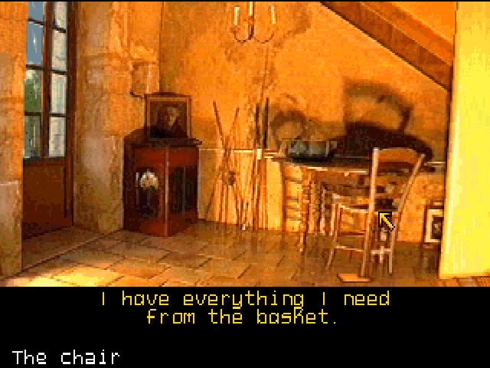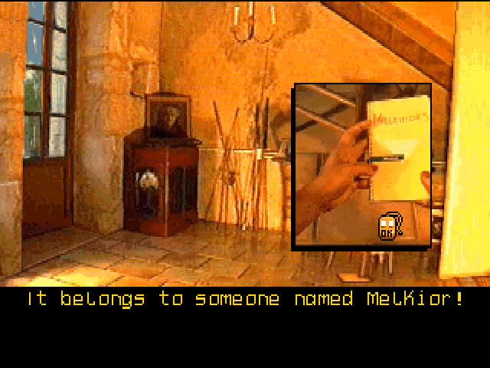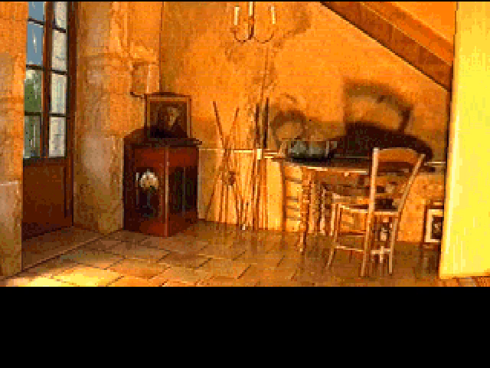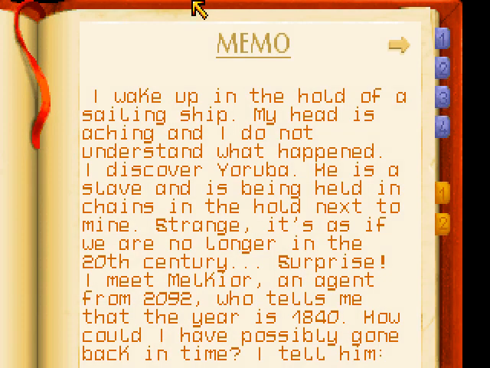All right. A chair. There's a notebook used to steady the chair's legs. It belongs to someone named Melchior. Okay. Well, I guess that means I can click on this now and look at Melchior's notebook. Where is...